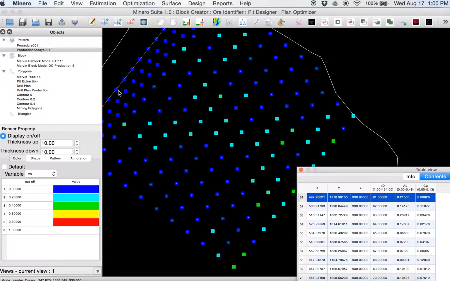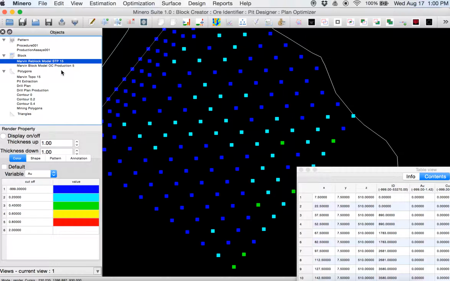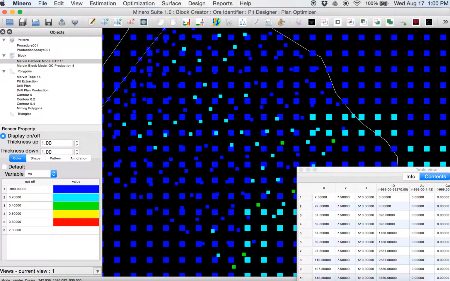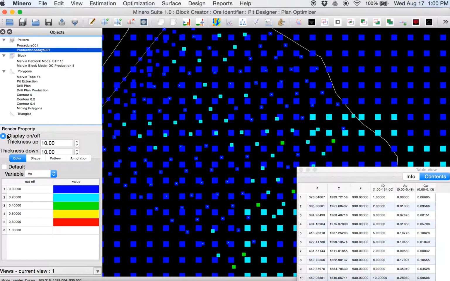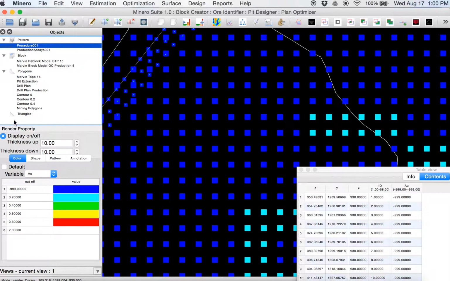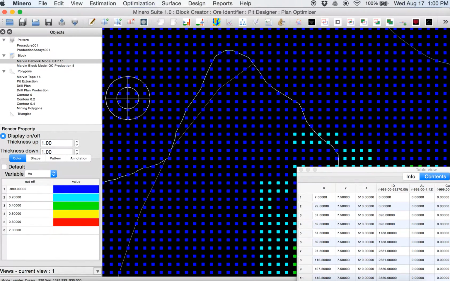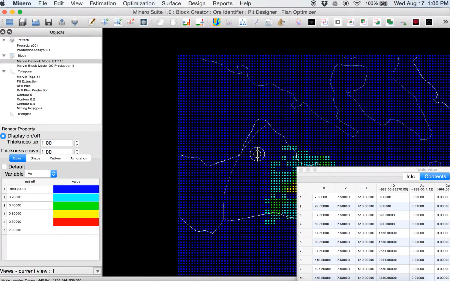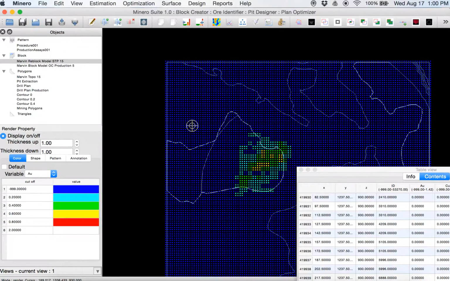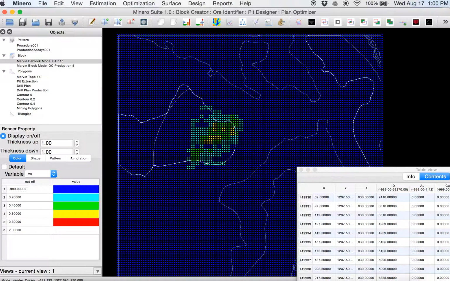So we also have information from our short-term planning. This comes from the short-term planning department. So I will turn off for a minute the production and procedure data. We will look at the STP block model. The STP block model basically is the information that comes from LTP.